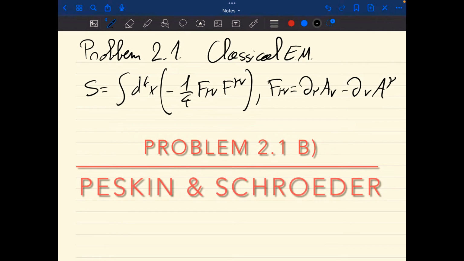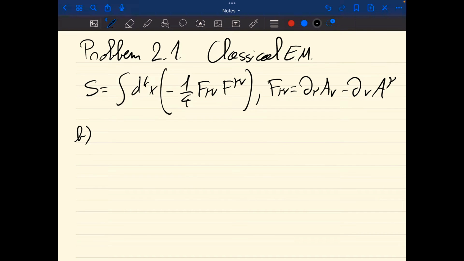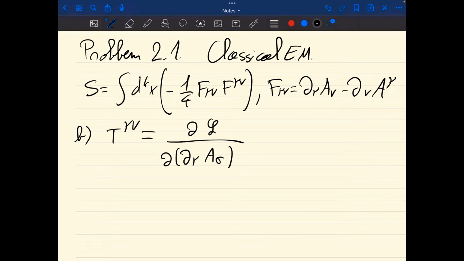So in the second part of the problem, we are asked to construct the energy momentum tensor for classical electromagnetism. The energy momentum tensor, if we look at equation 2.17 of chapter 2, takes the following form. That's the derivative of the Lagrangian for mu. Now, the difference with equation 2.15 is that we have here several fields, so we will sum over all these fields. That's why I introduced this label sigma here,